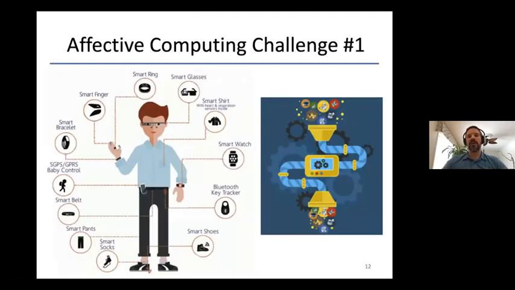But then, of course, having all this at your fingertips also generates a lot of challenges. So one of the first ones is now you have tools that you can put in practically any part of your body. So which ones are more reliable, which ones are less noisy, which ones are more noisy, which ones provide you the most reliable information. And as the old saying goes, garbage goes into a model, garbage will come out. So how do you actually separate all of these different things? So this is a big challenge when it comes to affective computing.